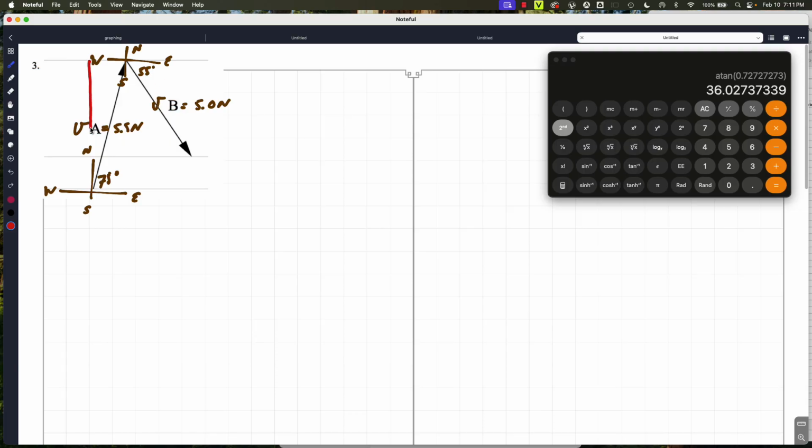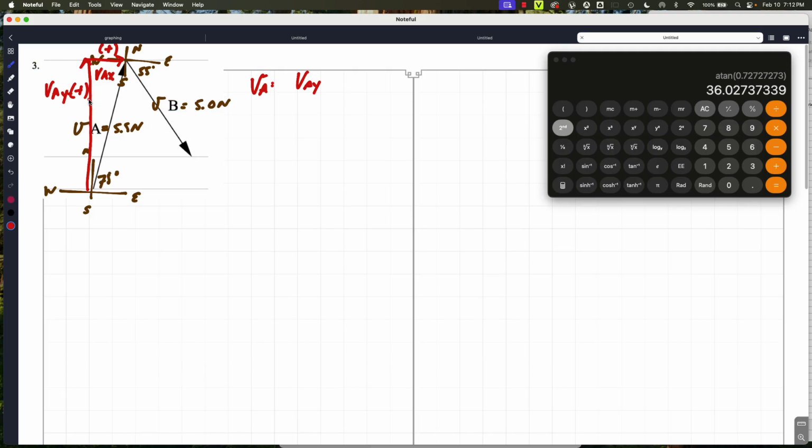So vector A can be broken up into these two components here. We'll call them VAY and VAX. Now, as VAY goes up, we know it's going to have a positive value. And VAX goes to the right, so we know that it will also have a positive value for direction. To calculate VAY,